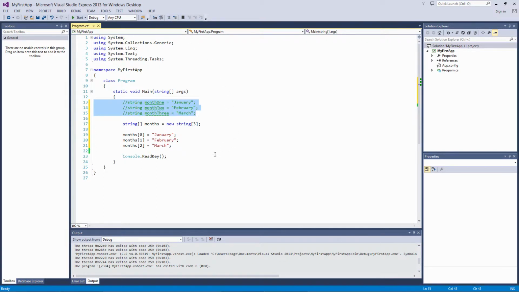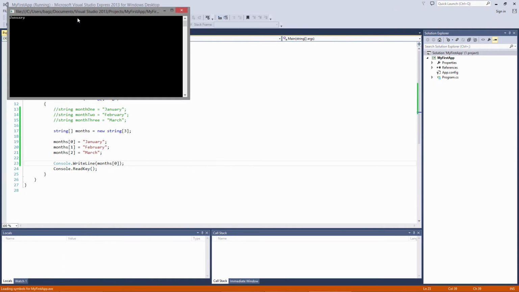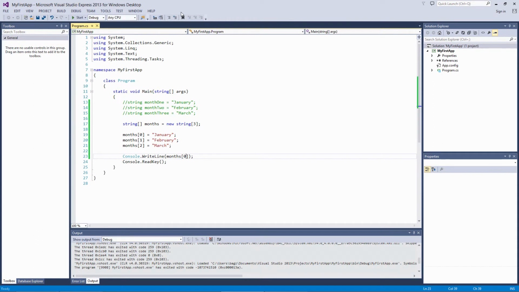Now, all 3 months are stored in the months array, and they can be referenced just like a variable. If we wanted to output January, we use the name of the array, followed by the index that we want. In this case, that's index 0. If we run the app, it outputs January. Change the 0 to a 1 in the WriteLine method,